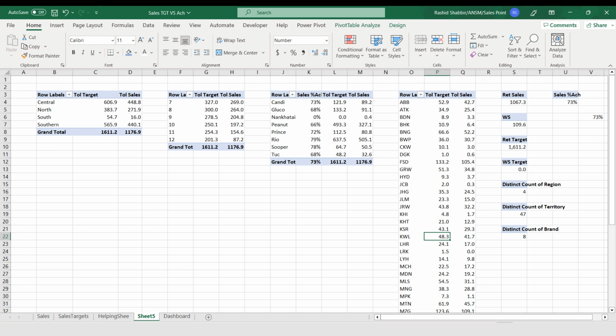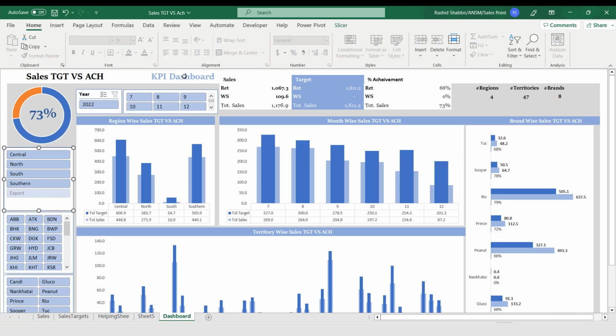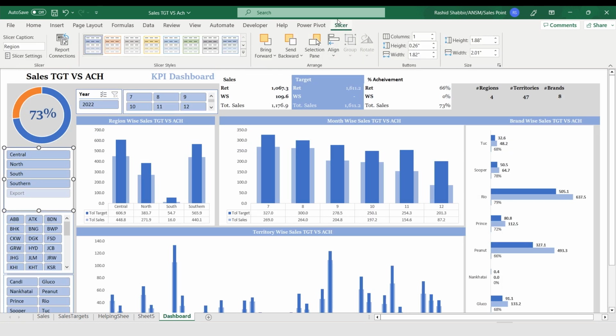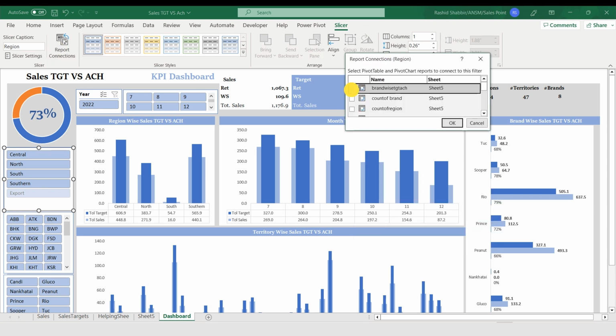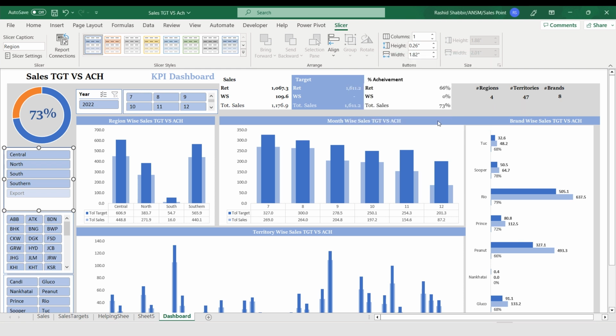So now what I need to do, I have to select my slicer, go to slicer and report connection, and here I'm going to connect it with all my pivot tables. So I'm going to repeat this step with the rest of the slicers.